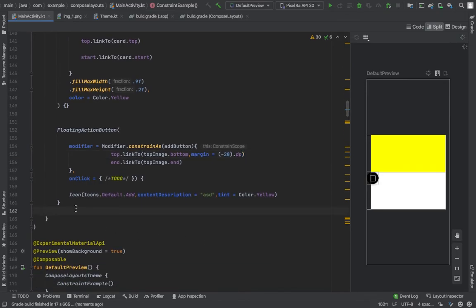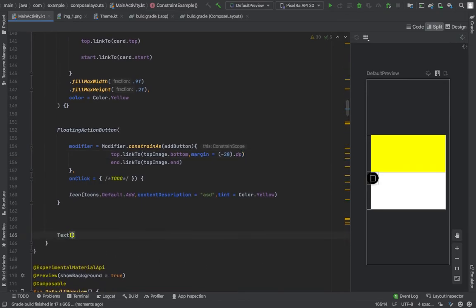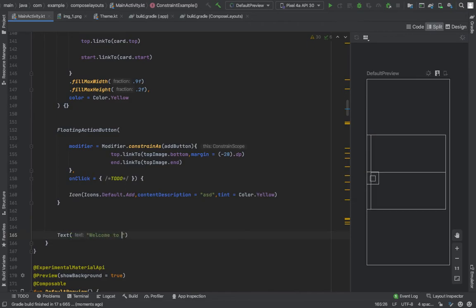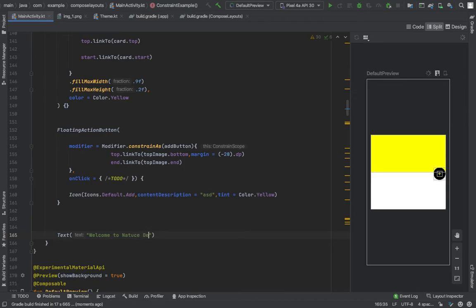For assigning text we just write text and welcome to native developer. You can see that guys our button is assigned like we want to assign it.